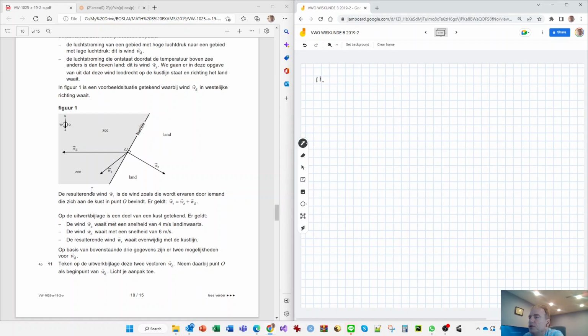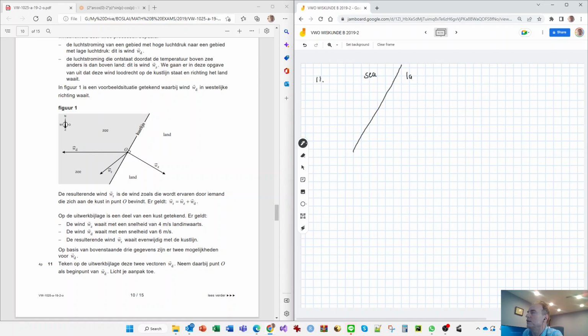And now they have a situation where the WZ has a speed of 4 meters per second going inland, and WD has just the speed 6, no direction indicated, and the resultant wind has to flow parallel to the coastline. So what do we have? Let's say this is the coastline,